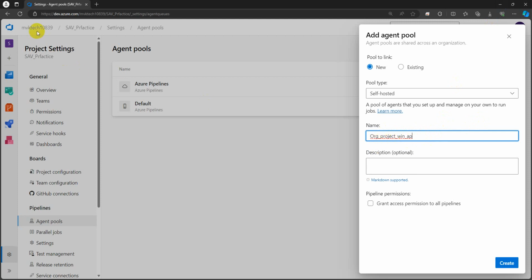First you have to give the organization name, then you could give the project name, then which type of agent you are going to install in this particular agent pool, then the shortcut of agent pool, AP agent pool. Okay, if you want to give a description you can, no problem, but I don't want to give any